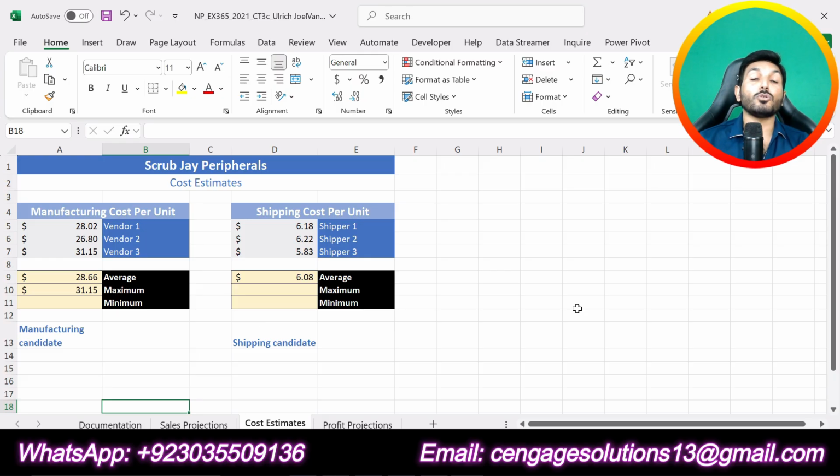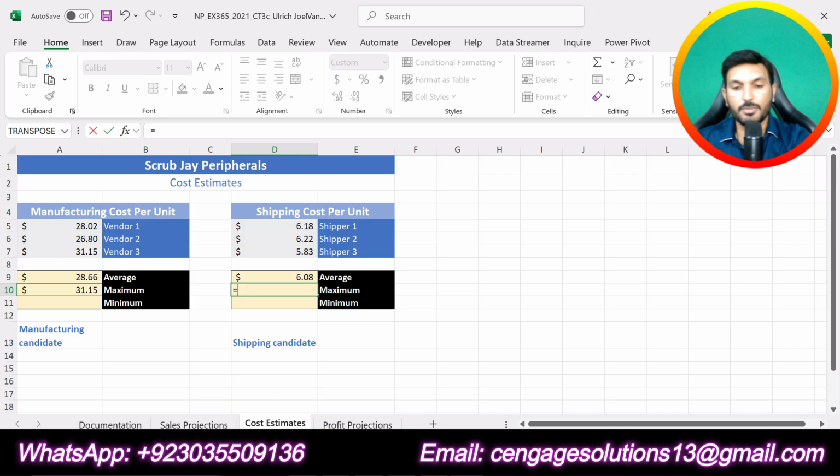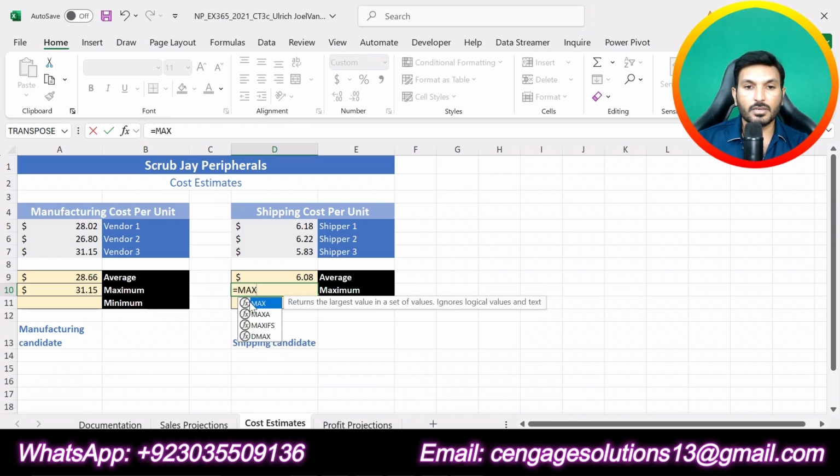Now we are supposed to use a similar function, the maximum function, in cell D10 so that we can get the maximum shipping cost per unit. And you can see that among these three values, 6.22 is the maximum shipping cost per unit. So our result should be 6.22. So again, we will type equal sign and type max.